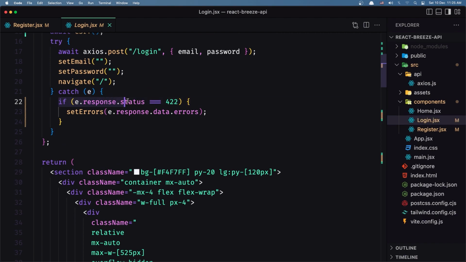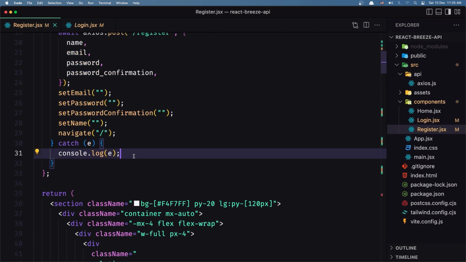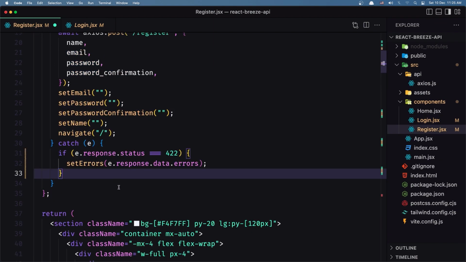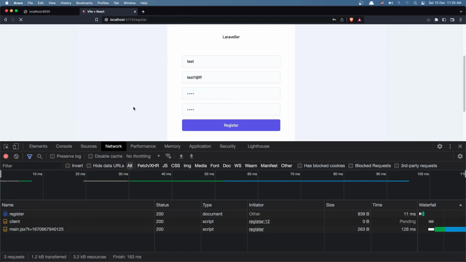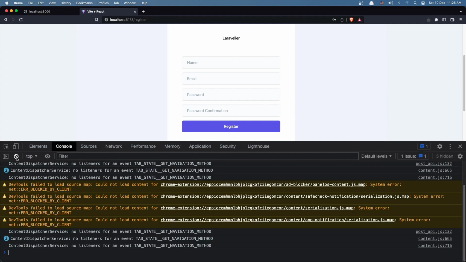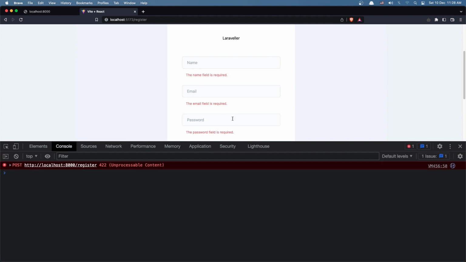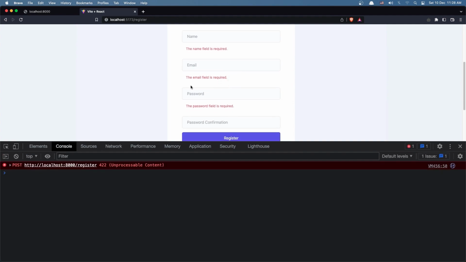We check if the response status is 422 and set errors instead of just console log. Okay, and now if I refresh, clear this, and let's say register, yeah, we have all the errors, and let's add test, and let's say test